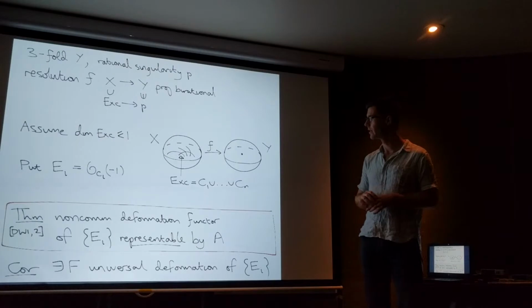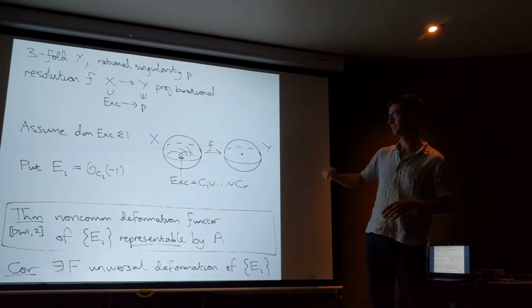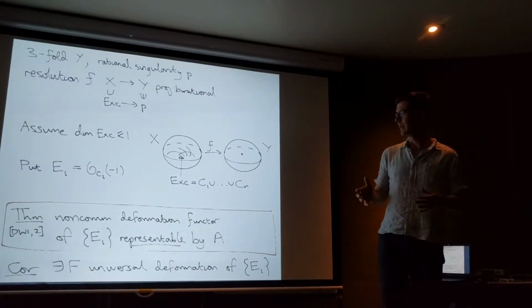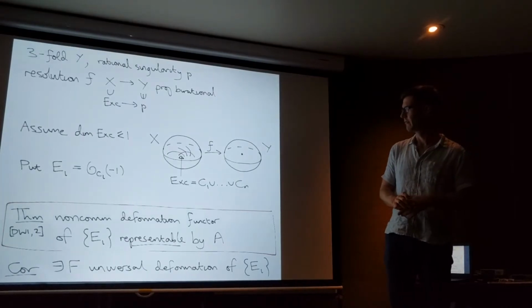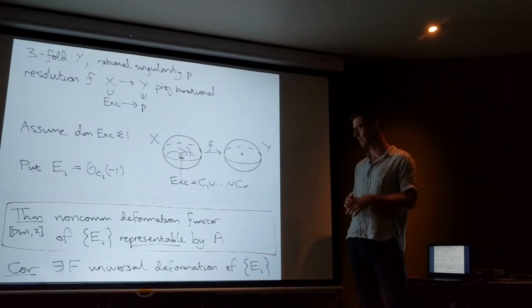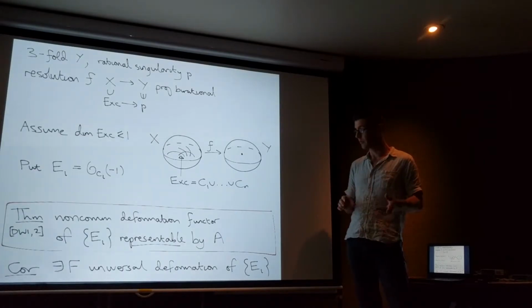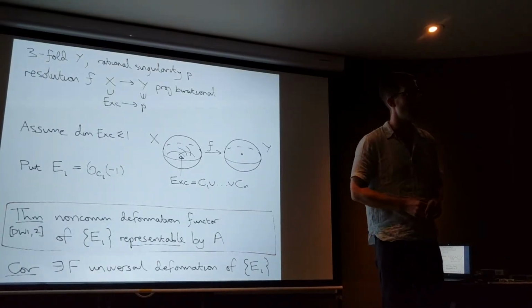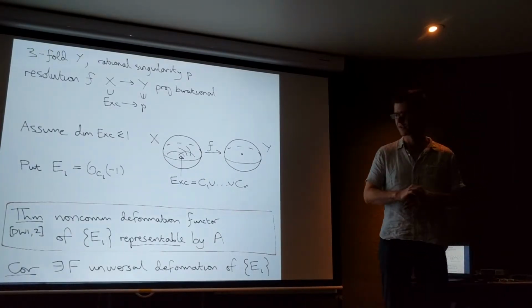So this is a contraction of threefolds. This includes flopping contractions, and I'll talk about those later. This is the first of a number of theorems along these lines. We'll be able to make more general statements in more general geometries, but I want to start with this. This is the first result along these lines that we proved: the non-commutative deformation functor is representable by some A. What is A? Who is A? I don't give the construction yet, but later I will give the construction.